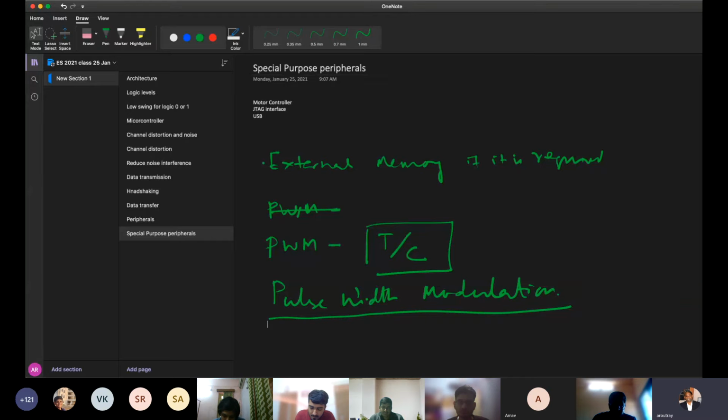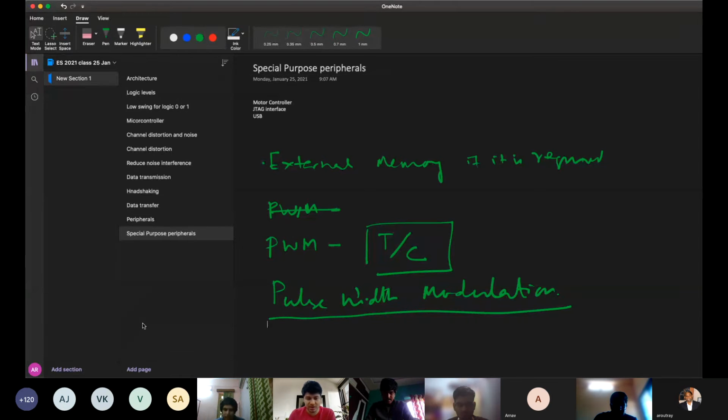Krishna Pasala. Why do you need PWM? Answer: we can use a low pass filter to generate an analog signal with PWM. Excellent answer. That means you can generate analog signals using a low pass filter. Very nice. Well said. Divyanshu said, how do you achieve this analog signal from PWM? Different kinds of analog signals. Sir, we can set the frequency of the PWM.